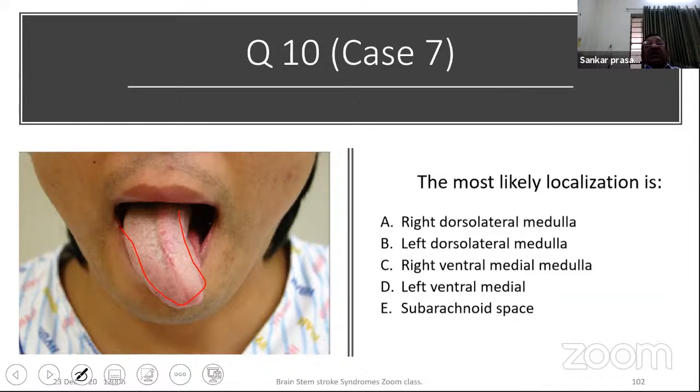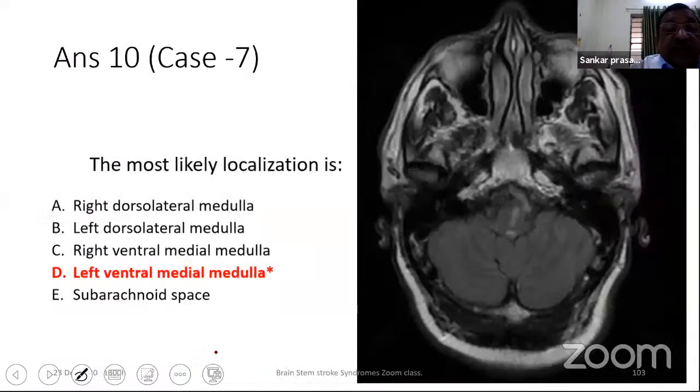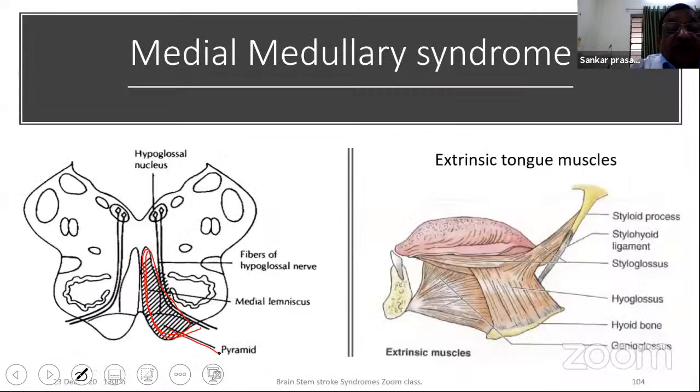So this is the problem. And here this is the pyramid, these crossed fibers are not yet crossed, they are going to cross. Hypoglossal nucleus is here, and these fibers are also coming here. And this is the tongue. The tongue is supplied by